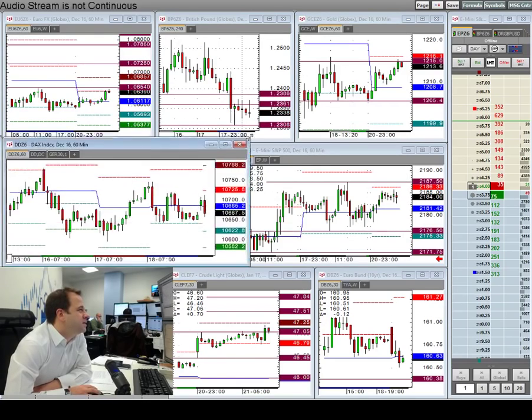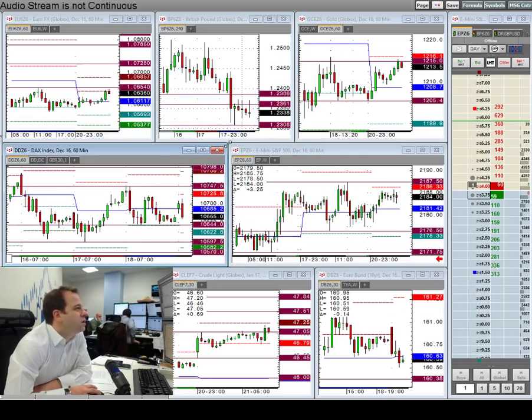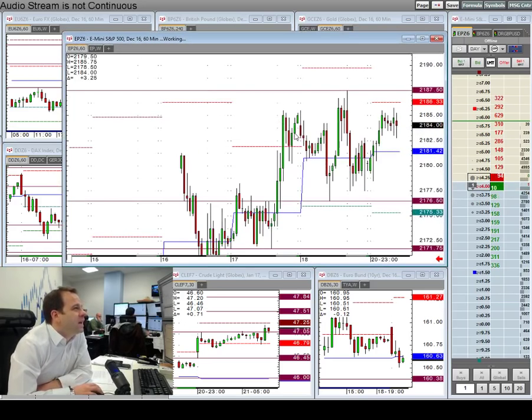Check out equities. This is the DAX, and it's definitely still trading within Friday's range, and Friday's range was pretty tight, it has to be said. For the DAX, it was about 100 points, and we're well within that so far. Opening around the very middle point of Friday's session, and just tickling a little bit lower now, but there's not much news flow from this morning. We'll talk about what happened over the weekend in a minute, but it's worth noting with the S&P,